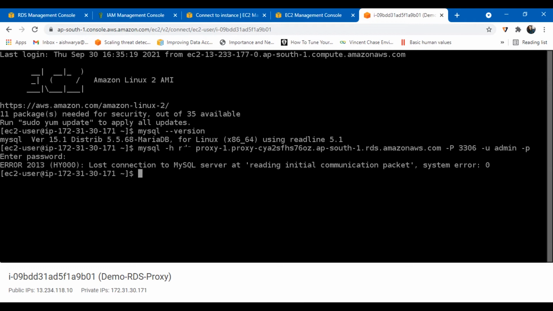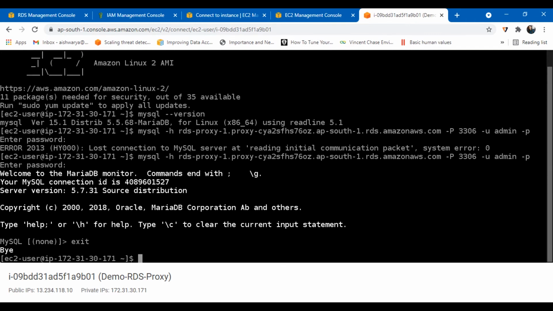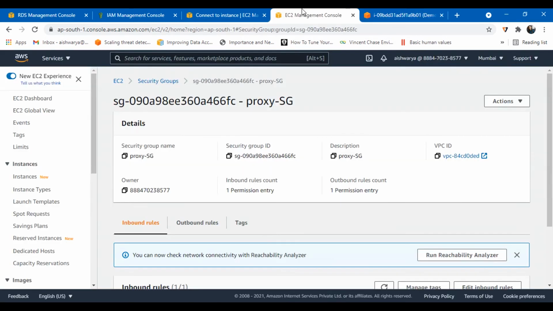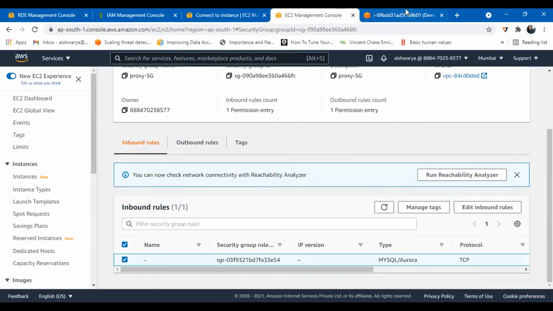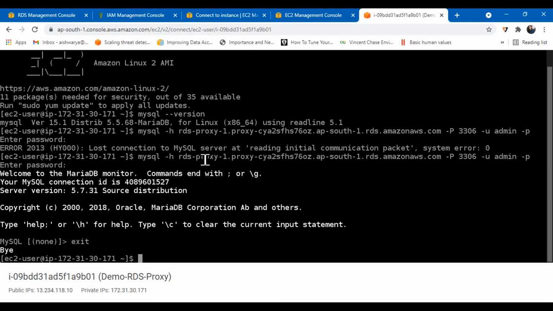So seems like there has been some error in the security group configurations. Let me go back and check the security group configurations and we will be able to successfully connect. So I checked all the security group rules. They were all fine. I just tried the command again and it's working.